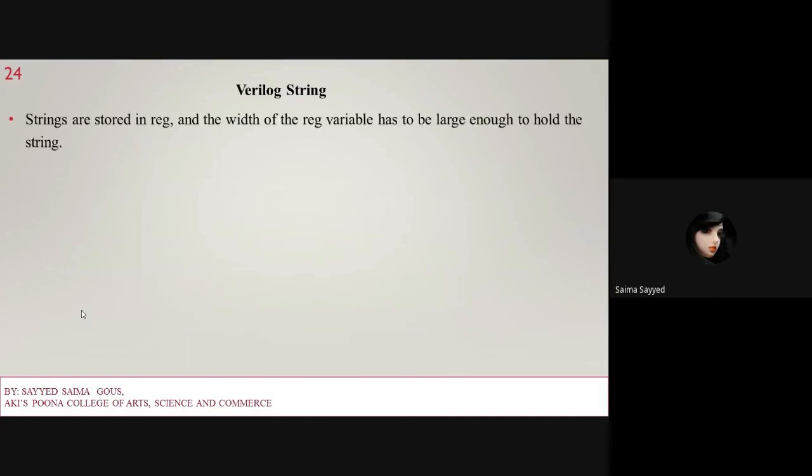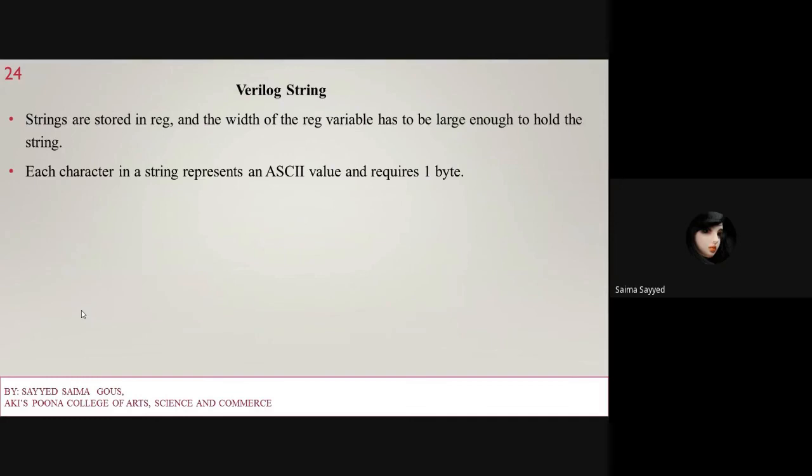Next, Verilog strings. Strings are stored in registers. We know what a string is: characters when we have to pass a statement or any words. Strings are stored in a register, and the width of the register variable has to be large enough to hold the string.